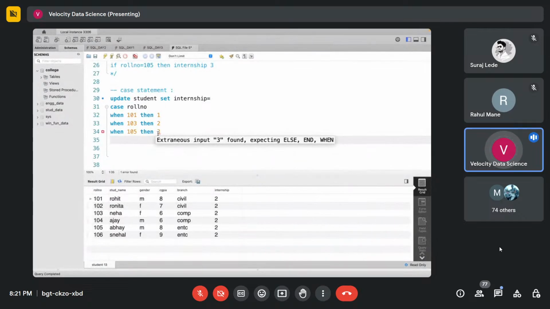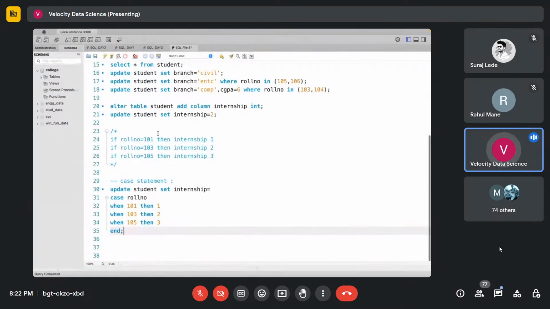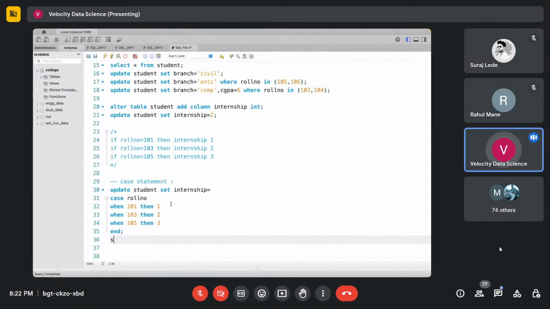But whenever we are using if else, writing else is not mandatory. Same goes with this case statement here. Else is not mandatory in this case also. But this end keyword is mandatory whenever you are using case statement. Now let's observe the output after executing this update statement here. Now if we go and query the student table,